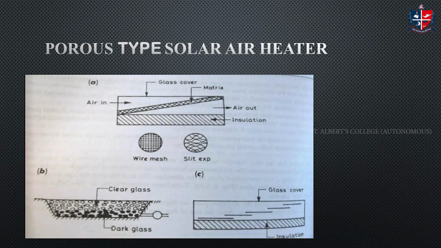So here this is the absorber plate. The absorber plate is not flat. It is not a simple design. It has a matrix-like structure. Small metal wires are there, so it is more or less like a mesh. Through this mesh, what happens? Solar radiation, after getting transmitted through the glass cover, is absorbed. The heat absorbed by all parts of the wire mesh is then given to the passage. So we have an air in. This air passes through these meshes, and the heated air comes out through here.